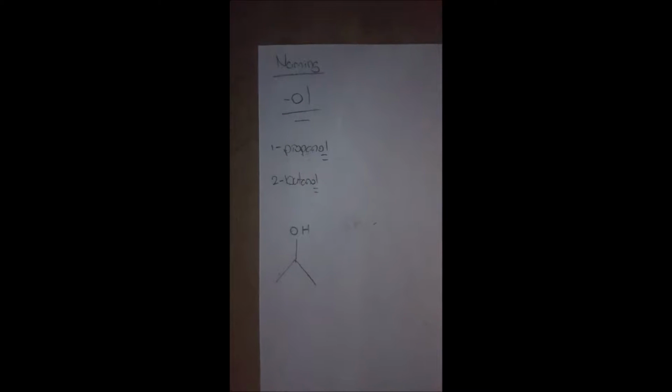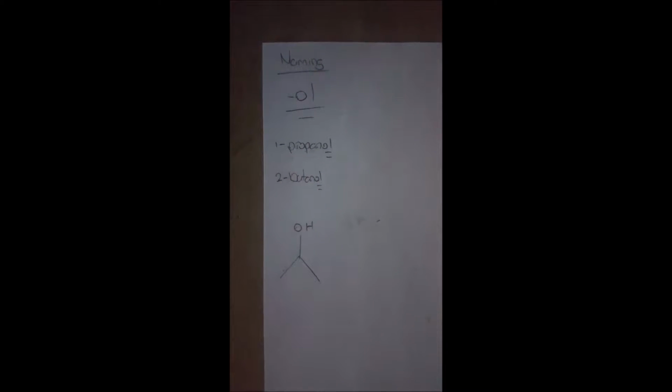When naming alcohols, you will use the suffix "-ol" in their IUPAC name. So, in the cases of propanol and butanol, they both have the suffix "-ol" in their names, and they are also alcohols. So, in looking at the line diagram below, you can name it by